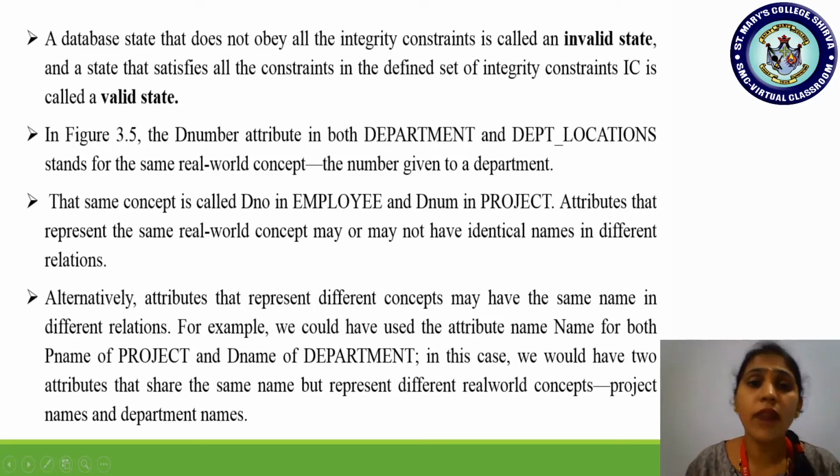So it is in an invalid state. There is a rule that an employee has to work in one of the departments. So that department number cell has to be given with the department in which that employee is working.